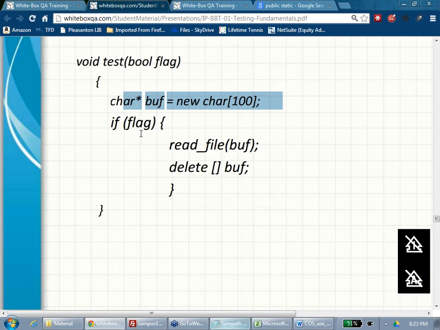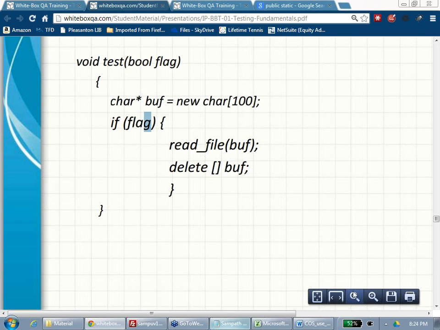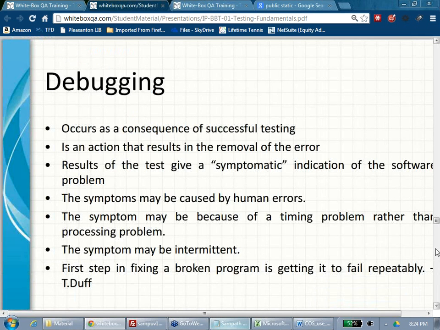Agreed? If you want to read it, you read it and delete it. But if you don't want to read, why are you creating it? Or if you are creating it, why are you not deleting it? If you are not deleting, it stays in the RAM. Agreed? So either the delete should be outside, or this should be inside. Or you can put an else condition too. Okay.